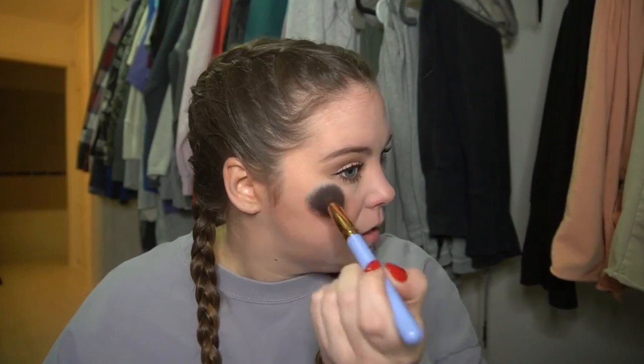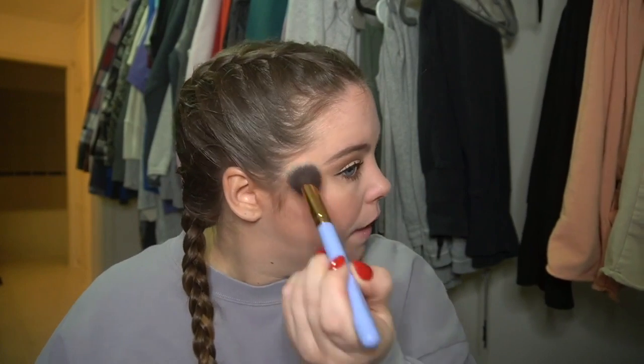I love this stuff because it's not sparkly. It's just very natural looking. Look at that shimmer, look at that, whoa, amazing. But it's not like sparkles on your face, you know, it's not the cheer competition look. It's very natural. And I just cake it on to get more of an intense look, you know,